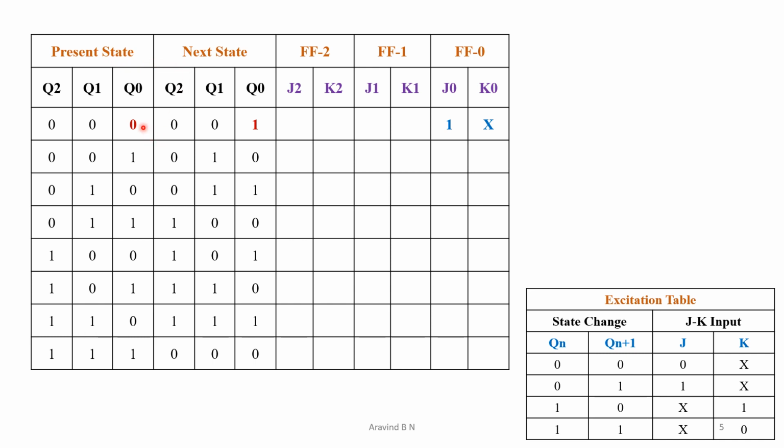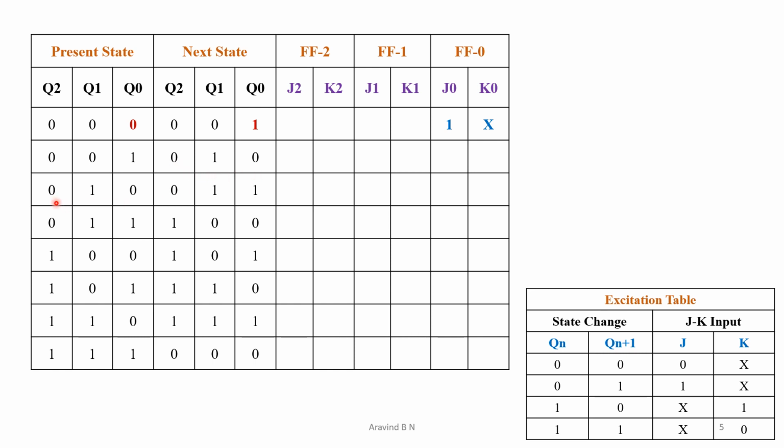Here we have a sequential counting operation. We start from 0, 0, 0. Then after 0, 0, 0, what we are supposed to get as the next value corresponds to the next state. After 0, 0, 0, the next value is supposed to be 0, 0, 1. That's why in the next state we have written 0, 0 and 1. Similarly, if the present value is 0, 0, 1, what must be its next state? It is 0, 1, 0.